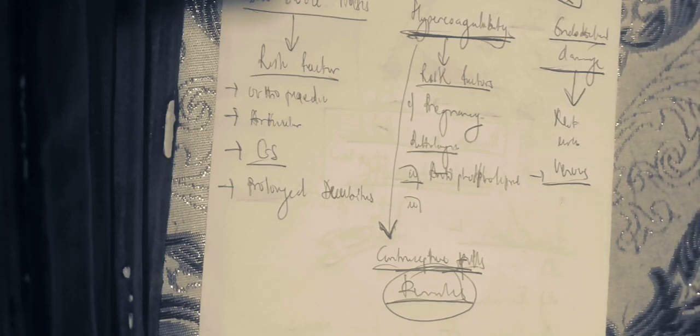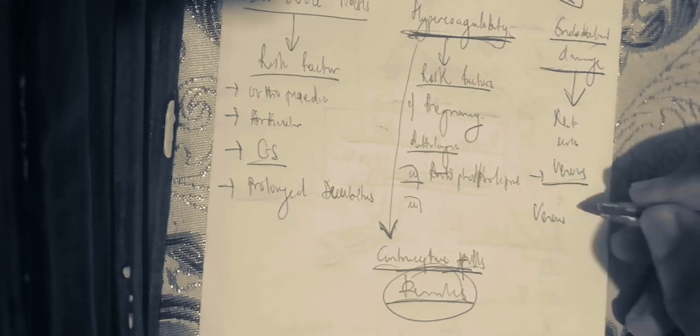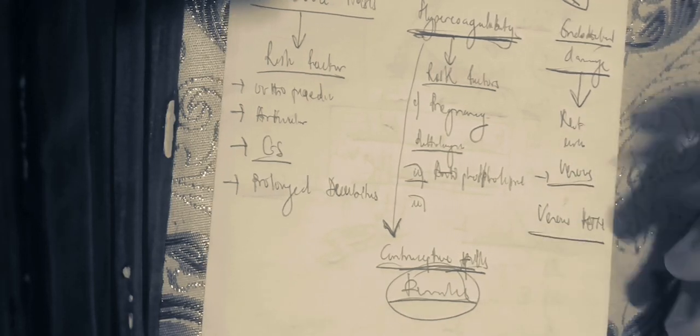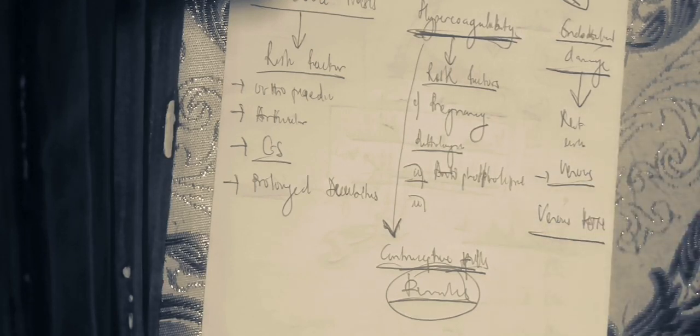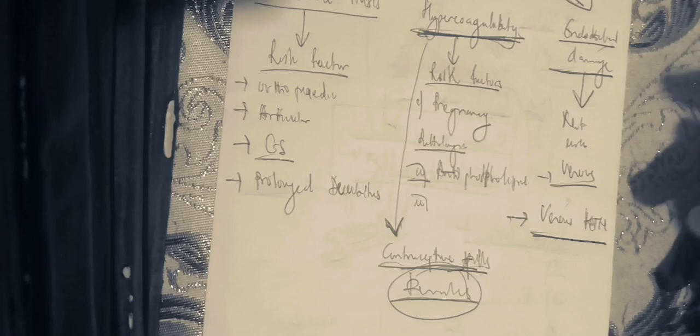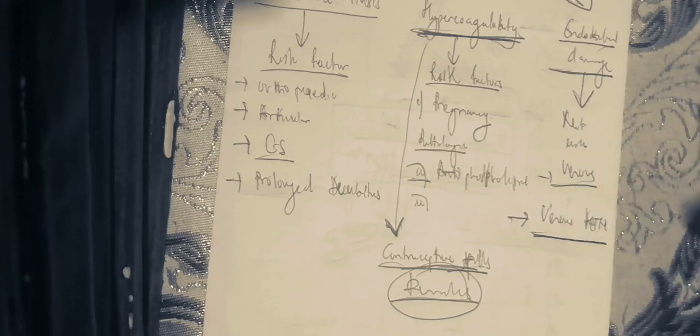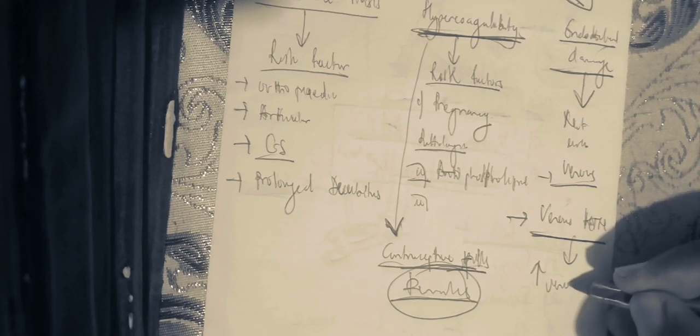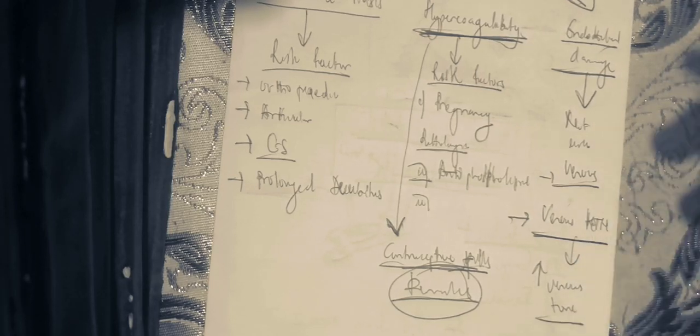Is it clear? If you want to say that hypertension is a risk factor of deep venous thrombosis, you have to specify that it is venous hypertension, because venous hypertension is a hypertension inside the veins. Is it clear? You can say that venous hypertension is a risk factor of endothelial damage, which can result in deep venous thrombosis. That is right. And what are the things that can result in venous hypertension? Venous hypertension can increase particularly when you have an increase in venous tone, and the venous tone was the third mechanism among the things that can affect